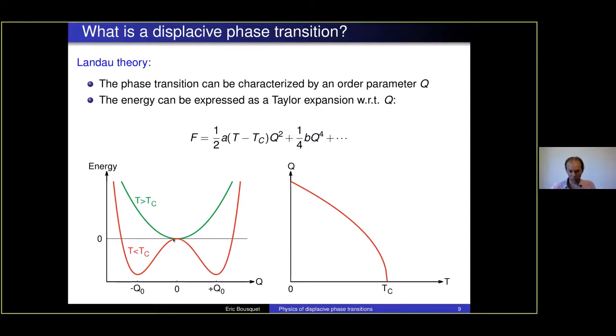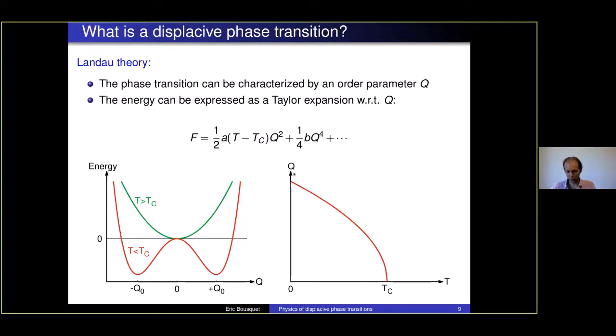And this means that if you have a negative curvature, you can lower the energy with a non-zero value of Q. And then, of course, if you go beyond, you have the Q4 term, and the higher terms are supposed to be positive here. So if you solve this expression to be equal to 0, you find two minima, plus Q0 and minus Q0. Then you have an energy landscape of the system with respect to Q that shows this double well shape of energy. And this is really convenient, because you can also solve this system to find the evolution of the Q0 value here.